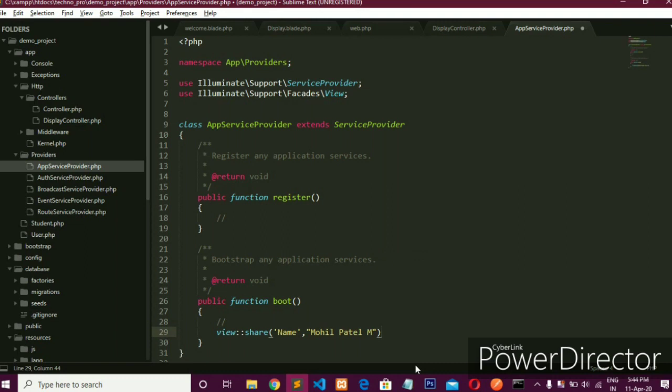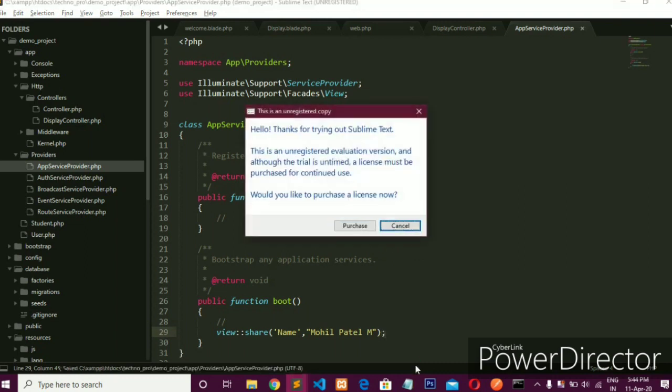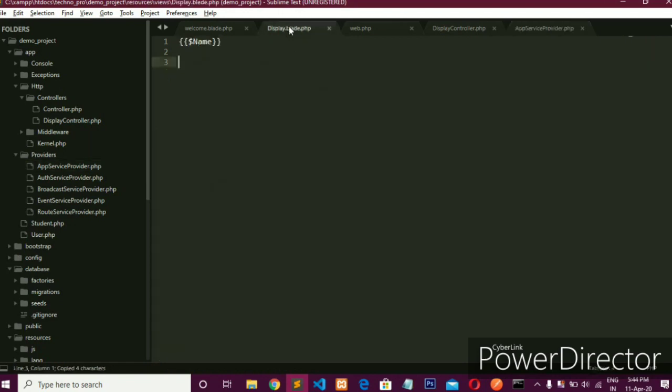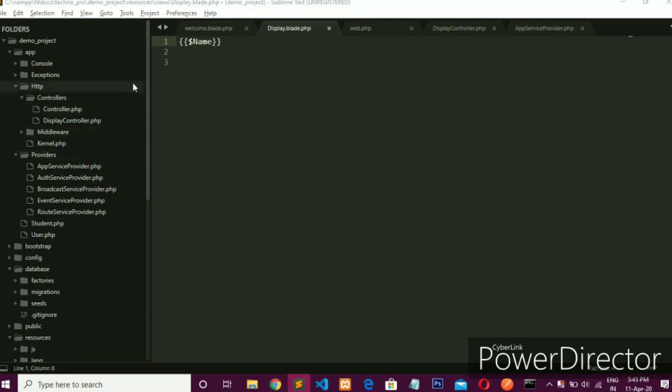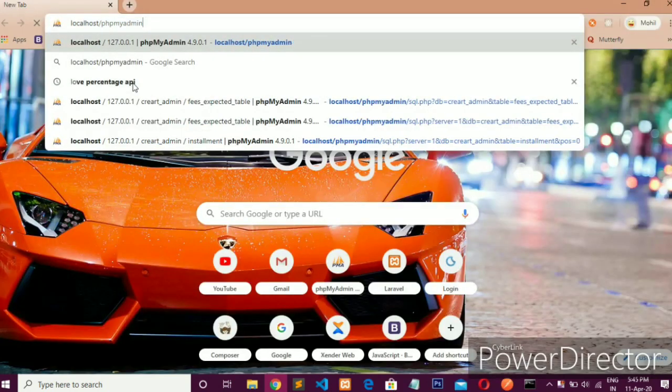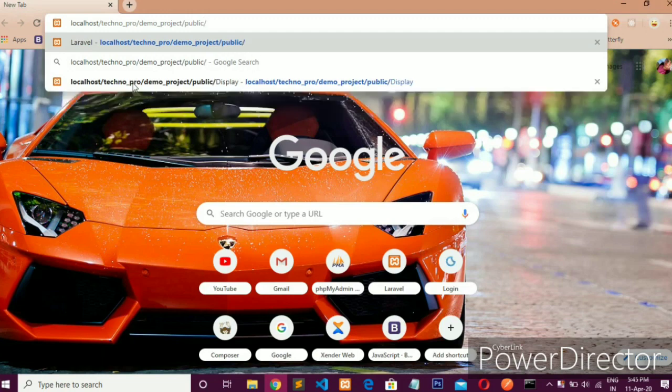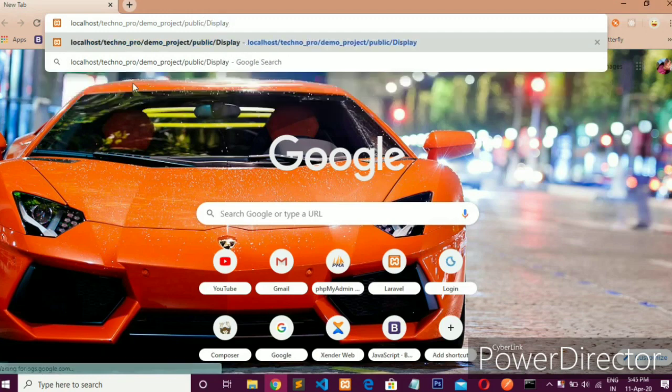Okay, now use this variable name in this file and open a Chrome browser. Write the path /display and press enter. Here you can see this.